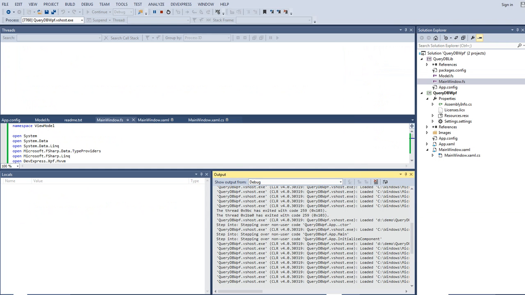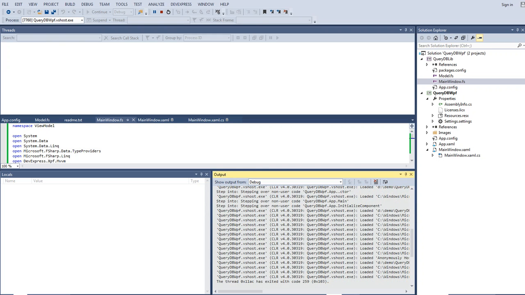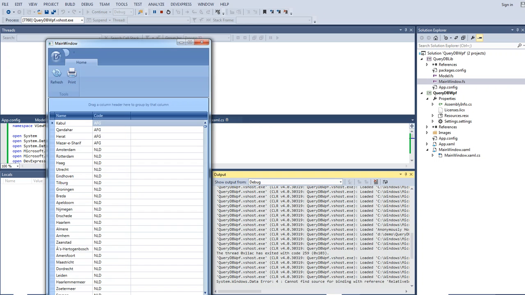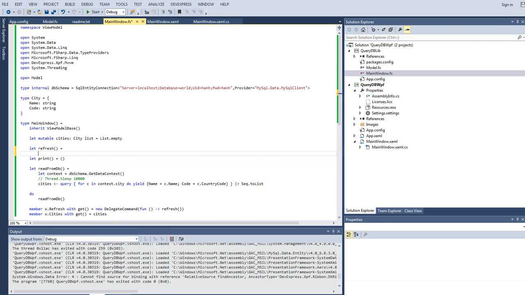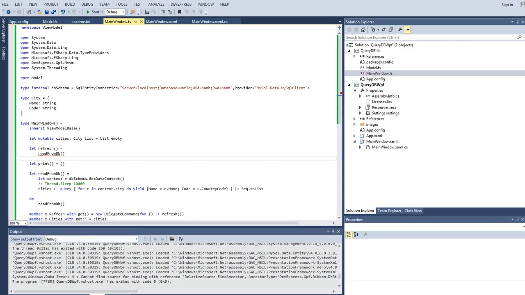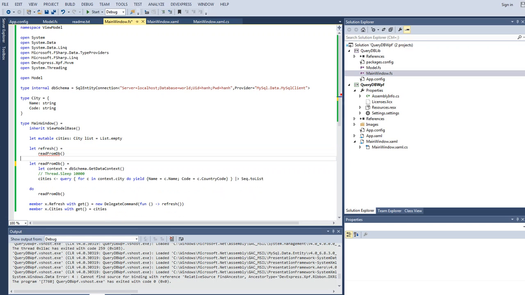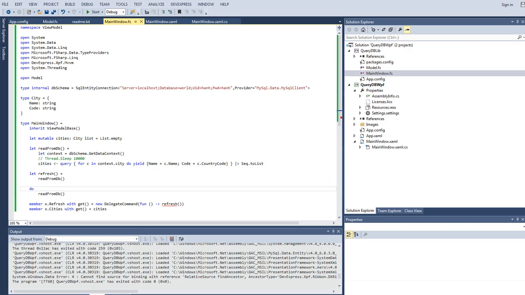Well, one thing we have done is wire the refresh. So let's do that. So it takes 10 seconds to start now. Right. And okay, let's remove the sleep for a moment. But wire the refresh. So for the refresh, it's going to be fairly easy. We're going to read from the DB again. So that changes the order: print does not exist anymore. This can move down. So this reads from the database again, but